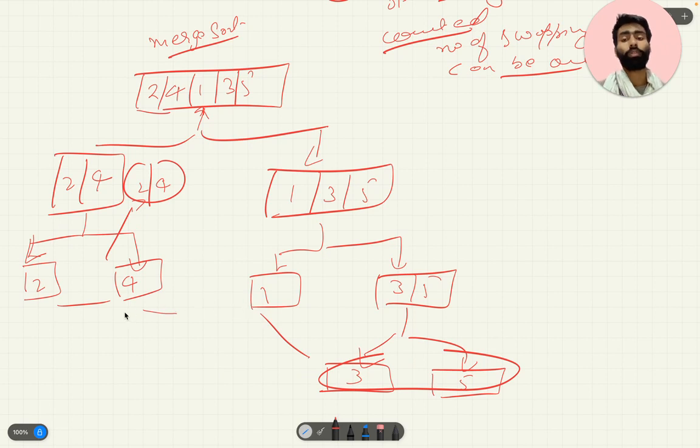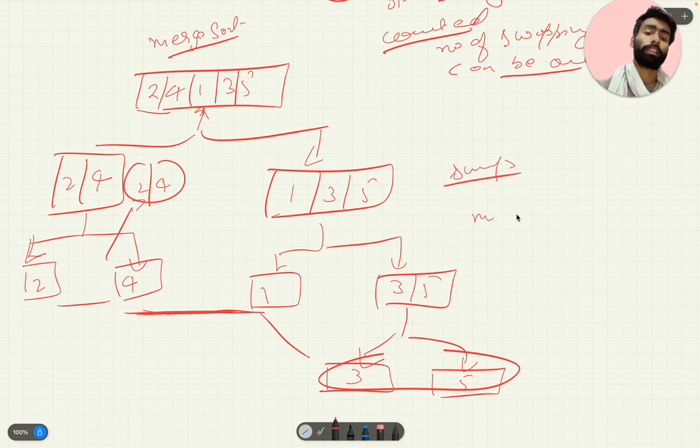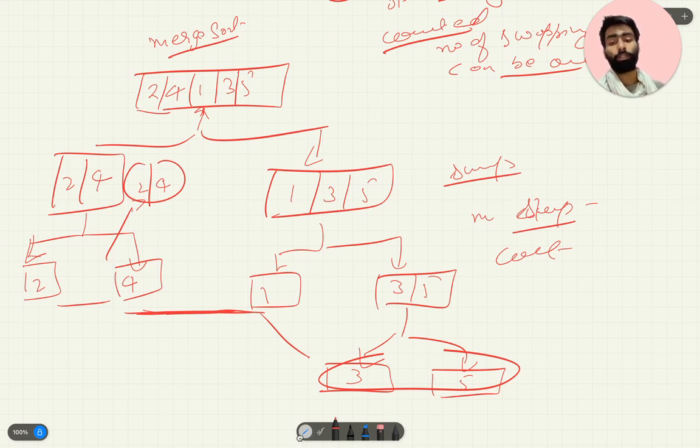No. But when we add this with this, do we require any swap? Yes. So wherever a swap is required during merging, there we will increment the number of steps, the count. Let us see how we will do it.